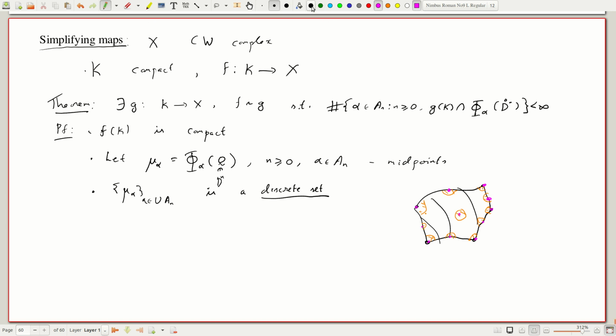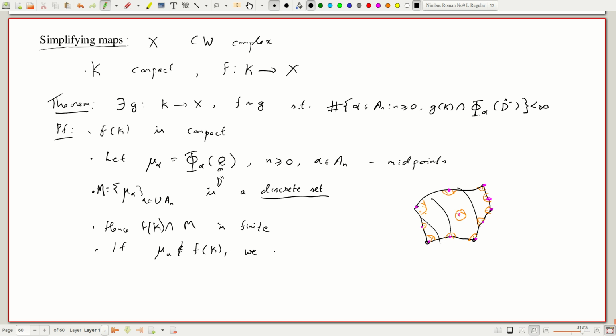So what does this tell you? This tells you crucially that, let's give this a name, M for midpoints, the intersection of f of K with M is finite, because f of K is a compact set. So it intersects the midpoints of only finitely many cells, and then if mu_alpha is not in f of K,